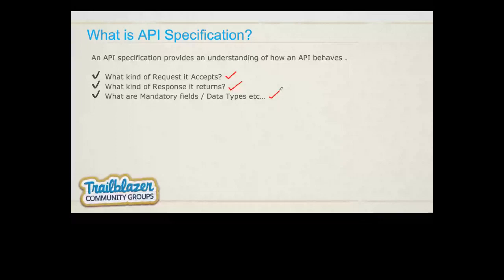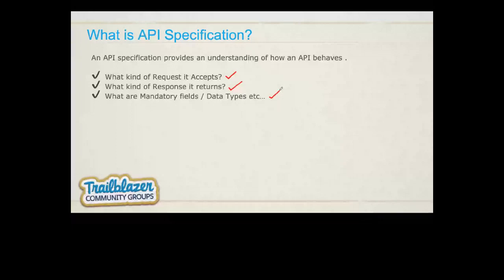Now let's take a very simple example: construction of a building. Initially, what we usually do is find a specification: what the room size is going to be, what the kitchen, the washroom, and the balcony are going to look like, and what size they will be. All of this is done with the help of a specification.